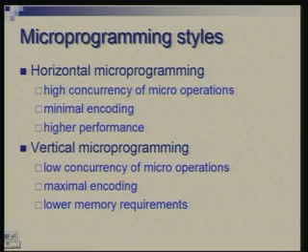There are variations in the way you structure your microprogram. There are 2 styles. One is called horizontal microprogramming and the other is vertical. The approach we have followed is horizontal microprogramming, where you allow many operations to be done concurrently. Whatever the data path can support, you have a provision of doing many micro operations together within the same instruction. So, there is a high degree of concurrency. Vertical would mean low degree. That means you try to do only one thing at a time. So, fetching an instruction and PC incrementing would be done in 2 different instructions.